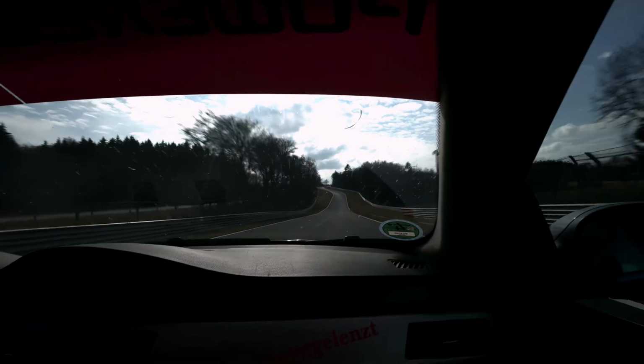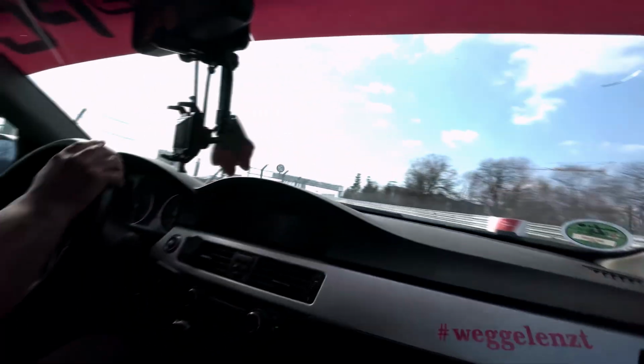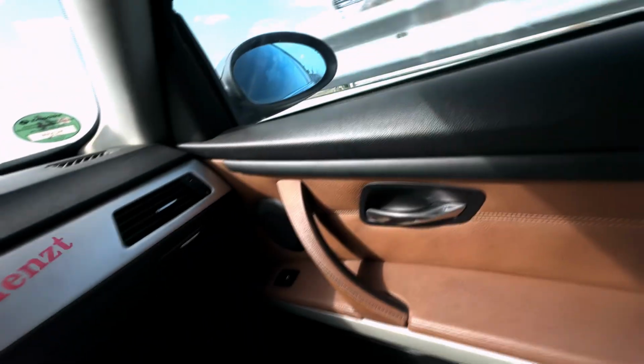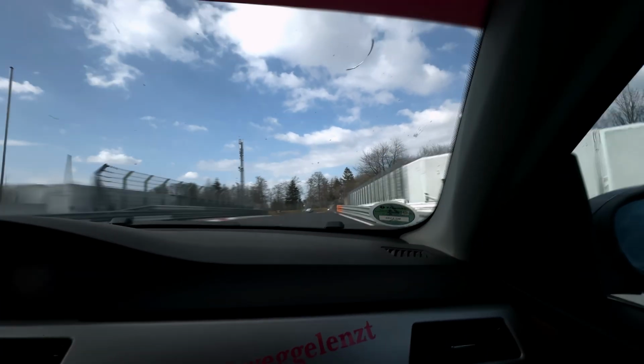So you can already see that he carries way more confidence. Of course, he has around, I think he said 600 laps on here. And you already sense it right in the first section here. Braking where I would brake in the sim as well, and just beautiful. You can already see the speed difference that he has to my lap, but of course, come on, that was to be expected. Time for me now to learn and take some notes, right? He said he was going to do a chill lap, but I know what lap time he was driving, and it was